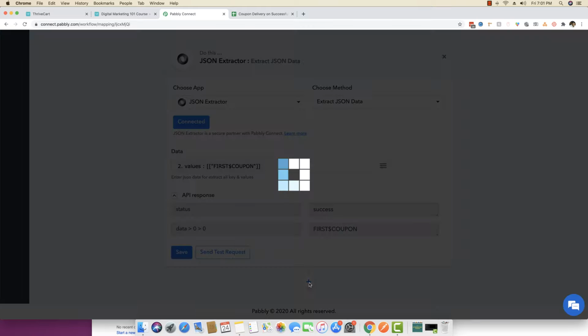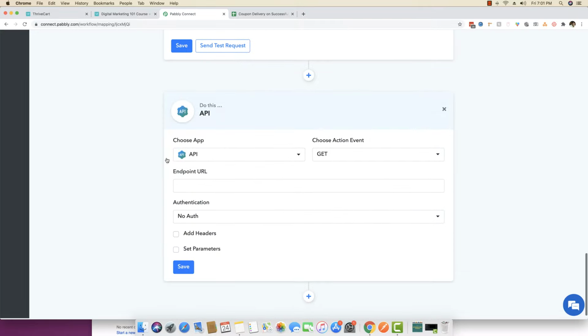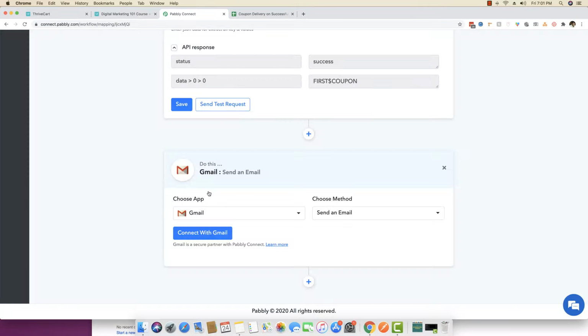Now, once it is opened up, what I'm going to do is send a Gmail message to the customer, because this successful sale has already happened and we really want to deliver the email along with the coupon to that particular customer. Now I'm using Gmail right here, but if you really want, you can also use the SMTP module, which basically allows you to send emails through any professional SMTP service provider as well. So in this case, I'm going to use Gmail.